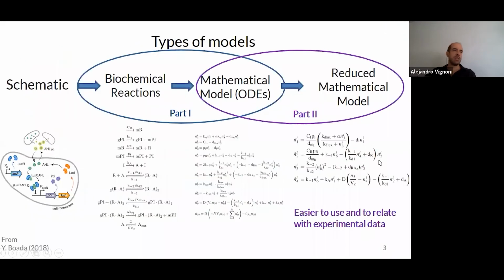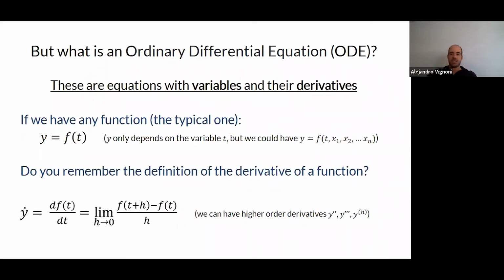Okay, great. So if you were in the first webinar we gave on the opening weekend, we talked about models and why we need to model in synthetic biology. So we start here with the types of model we have, and in these webinars on modeling, we will deal with these 3 that I have here. Starting from the biochemical reactions, we will get the mathematical model of a system of ODEs, and then we will reduce them to have a smaller model that is easier to deal with and to relate with data. Okay. So, but first, just in case,